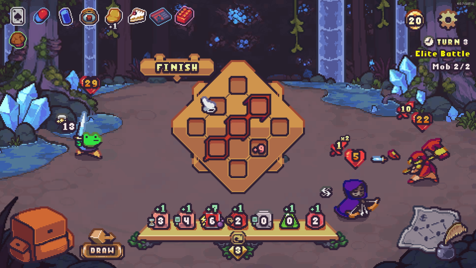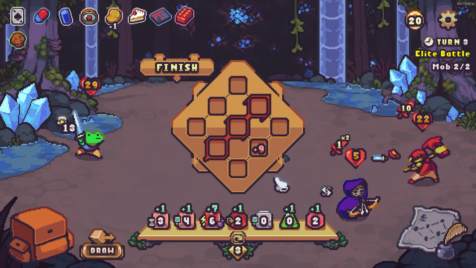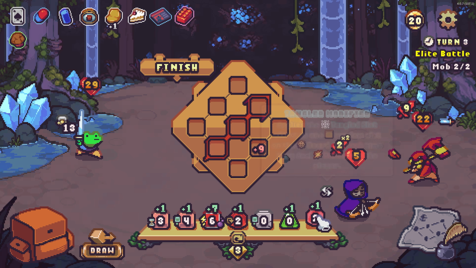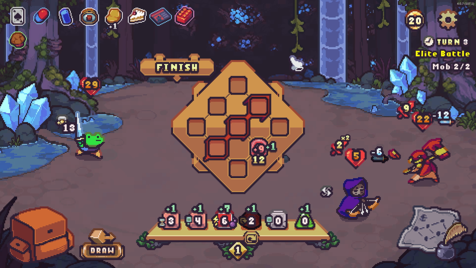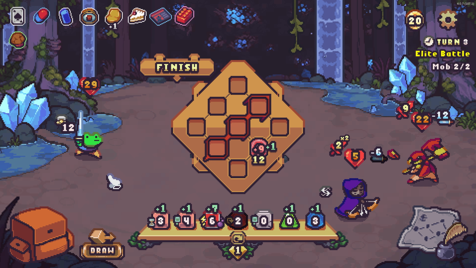Alright, so now what we can do is... Let's figure this out. So we got splash attack there. If I do this, that just kills this guy right there. Pretty good. Let's try to get some block going on here. There we go, we got some block. Ask and you shall receive. Should I keep drawing is the question. If I do that...